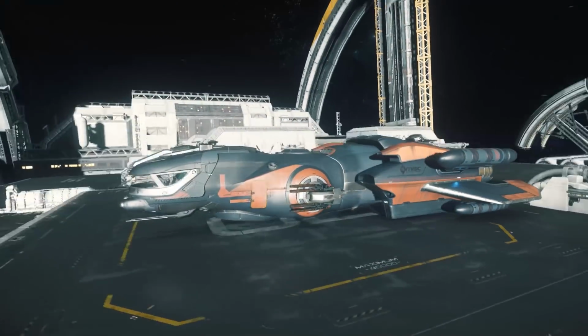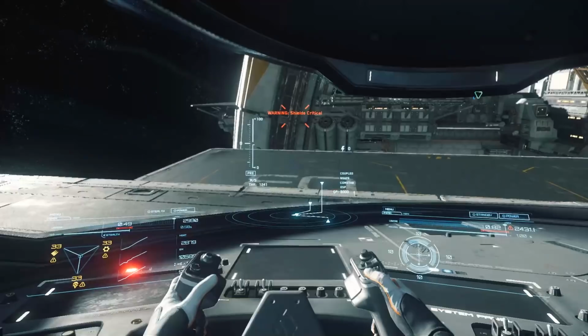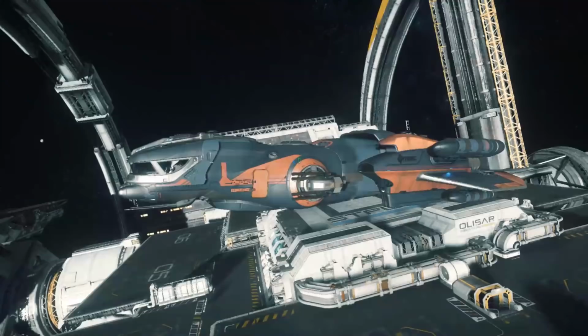Now for some reason this build... Oh, except a new startup noise, that's unusual. For some reason in this PTU build the ships like to start with their landing gear up, so that's why I'm having a bit of a wobbly takeoff with these things. Now,